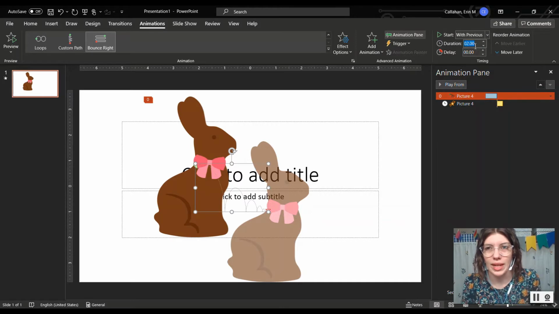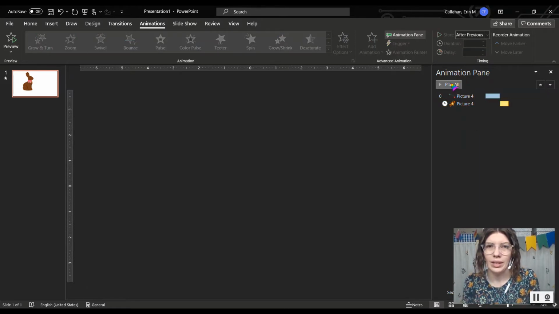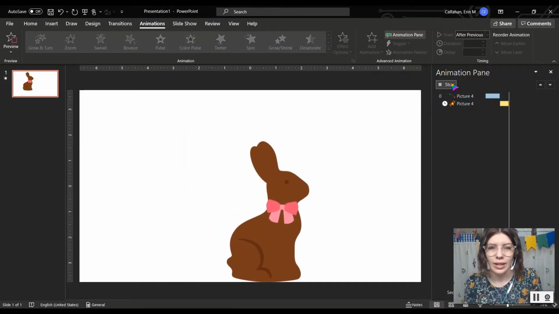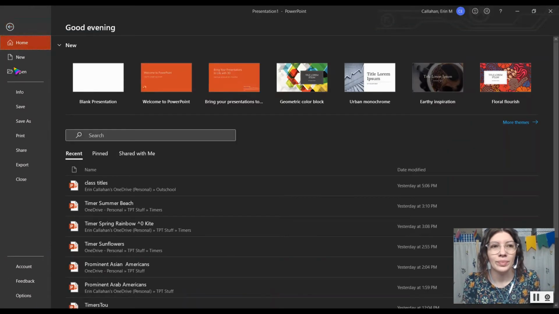You can also adjust how long it takes it to bounce. So if I wanted a little bit longer, maybe a 2-second bounce and a 1.5-second teeter, I can preview that. There's a little bounce and a little shake. You could also layer a third one if you wanted to bounce backwards. Then from here, I'm going to go to File, Export,